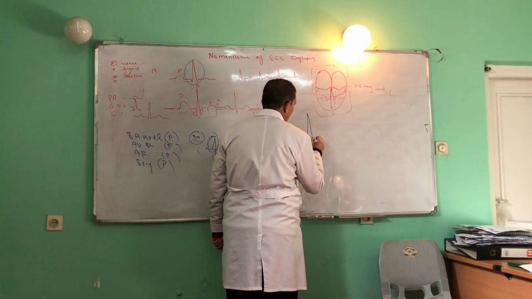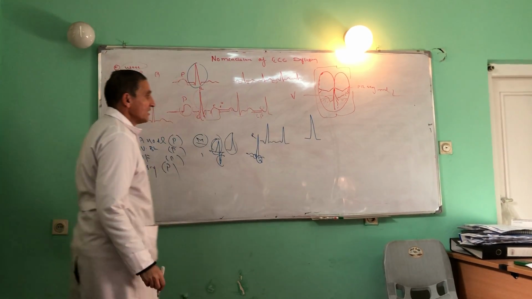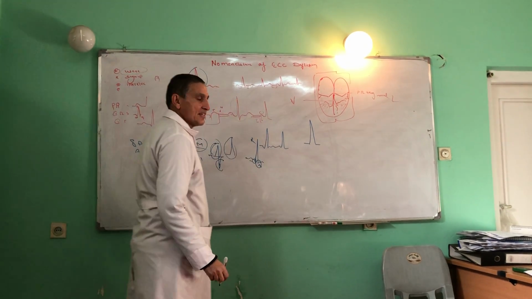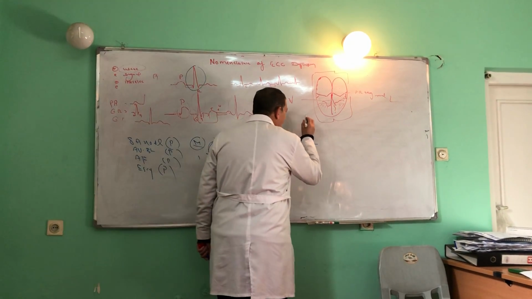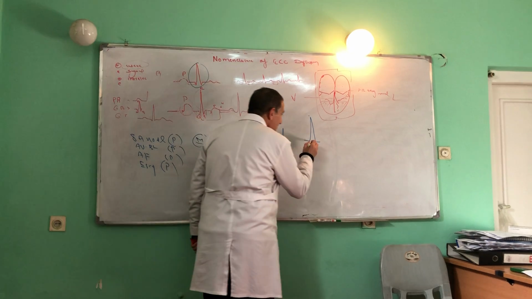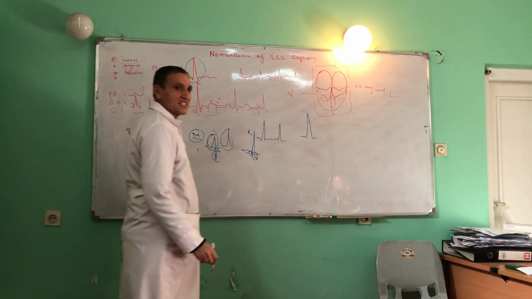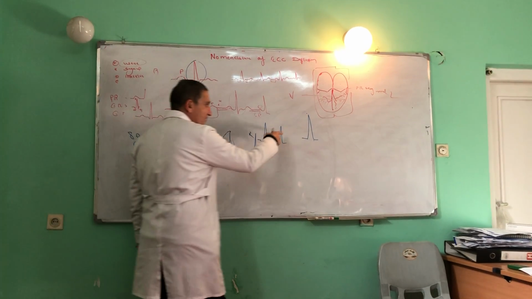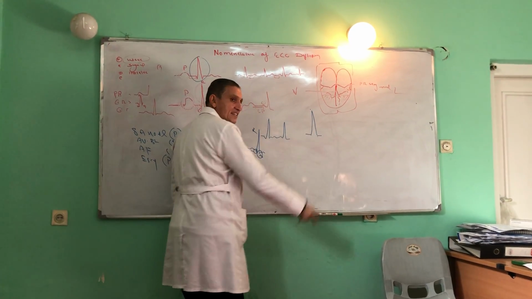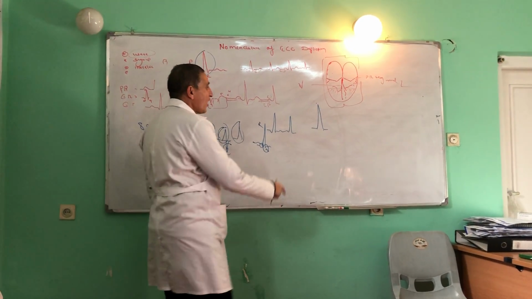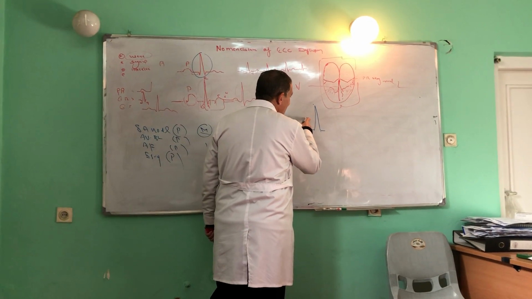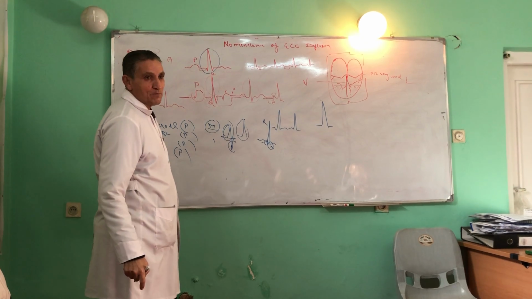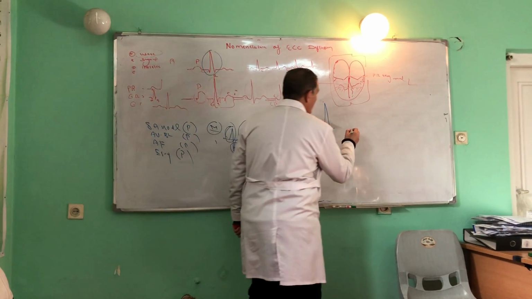What is this? You should assign the first one. Is this the R wave? No, it does not have an R wave. This is the R wave. We have the R wave here, and there is no S wave. So it is just the R wave. What kind of wave? This is a positive R wave, because the R wave is greater than the S wave, or the R wave is predominantly positive compared to the negative S wave. So this is called a positive R wave. Right now we'll go to this wave.